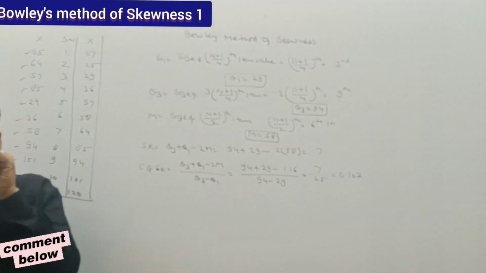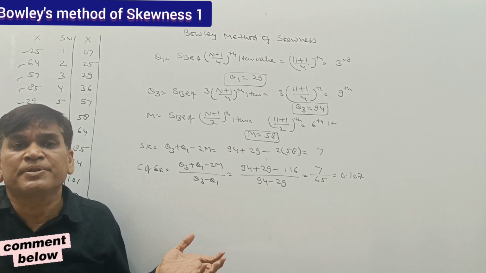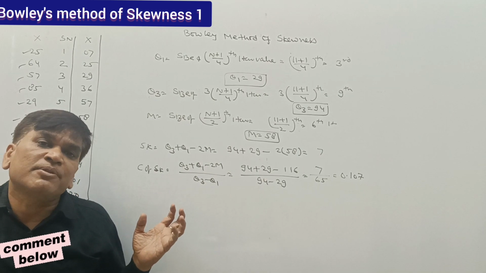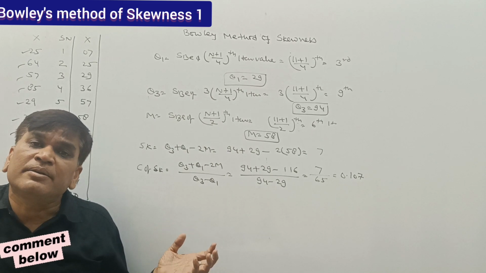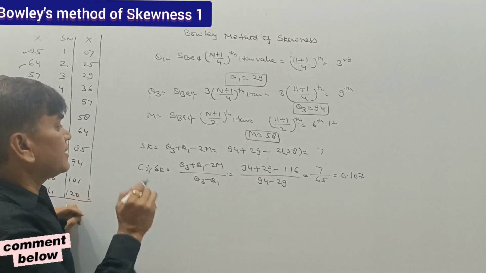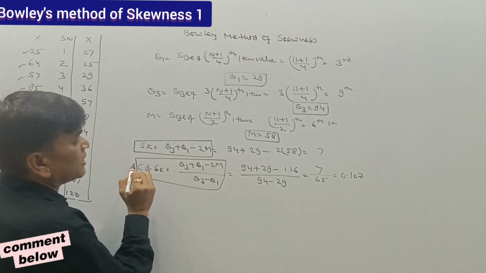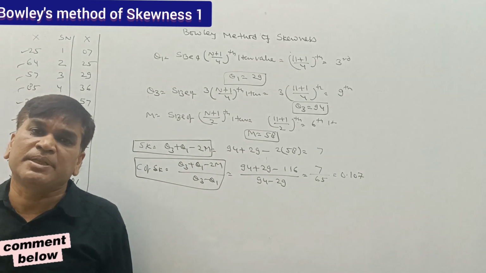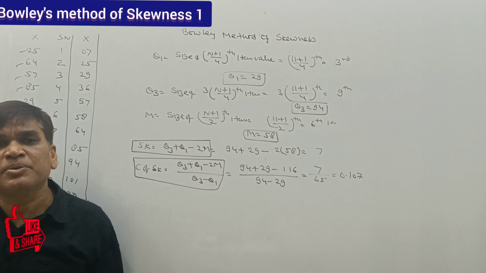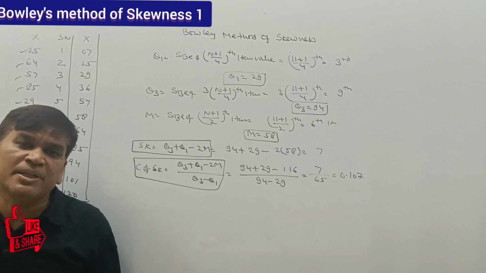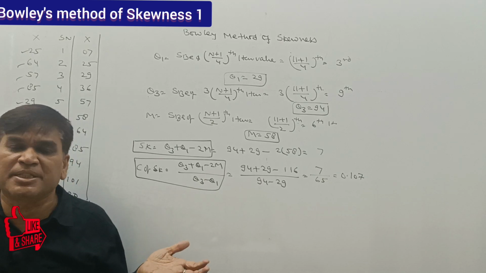So if we get any question from the individual series, it is very easy to calculate the Bowley coefficient of skewness. First we calculate the value of Q1, then Q3 and the median value, and by putting them in this formula we get the skewness, and with the help of the other formula we get the coefficient of skewness. I think this video will be helpful for you to learn how to calculate the coefficient of skewness by the Bowley method in the case of individual series as well as discrete series. Thank you.